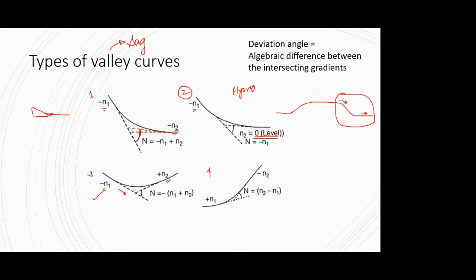Though the length of that valley curve is very small, because the n value comes out to be only the one coming from the gradient, because on the other side it's zero. So in that case, the length of valley curve comes out to be very small, but even then that length has to be provided so that there is no discomfort to your passengers. Okay. So that discomfort thing we'll see in a couple of slides after this.